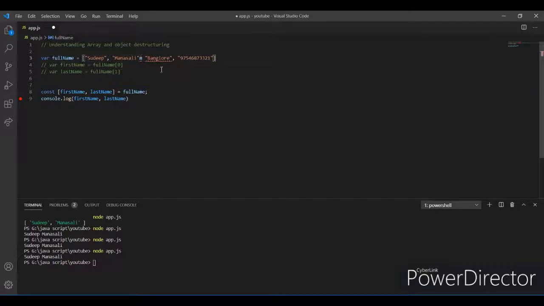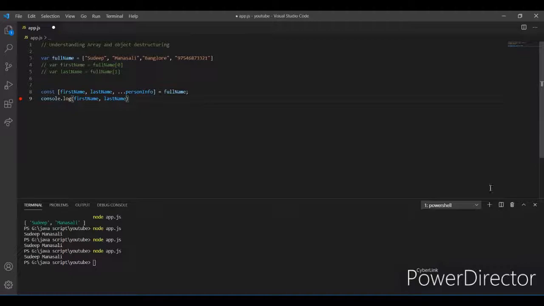And you just want to pull out these values. To get this other information, the place and phone number, you just add one more element, that is person info. Add the spread operator in front of this person info. If you don't know about the spread operator, I have uploaded a video on the spread operator. The link is in the description below.